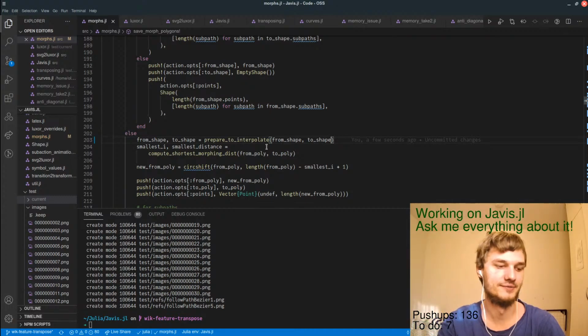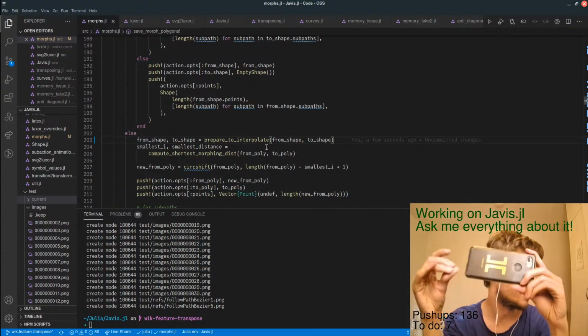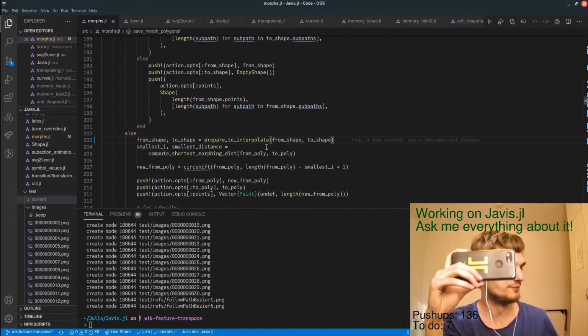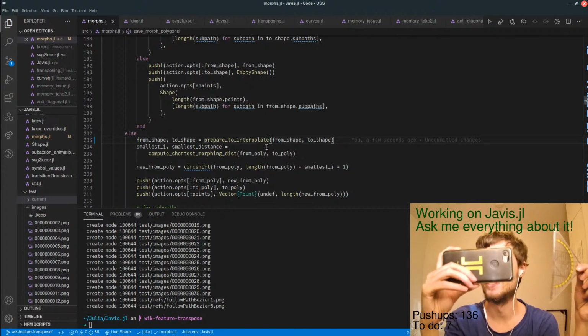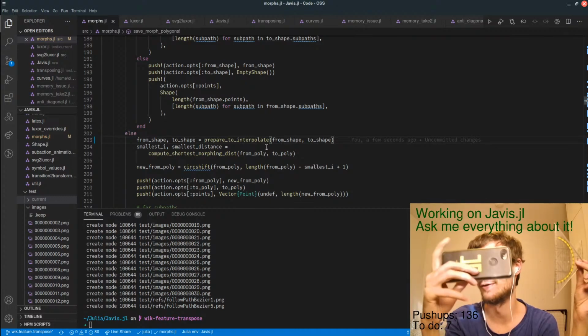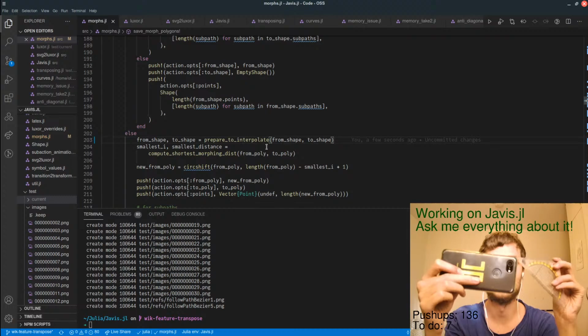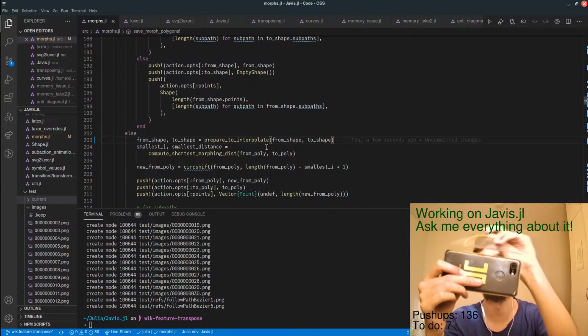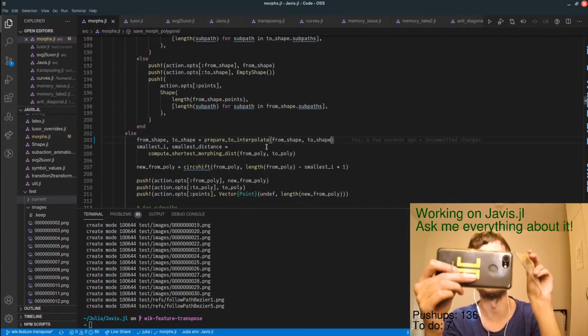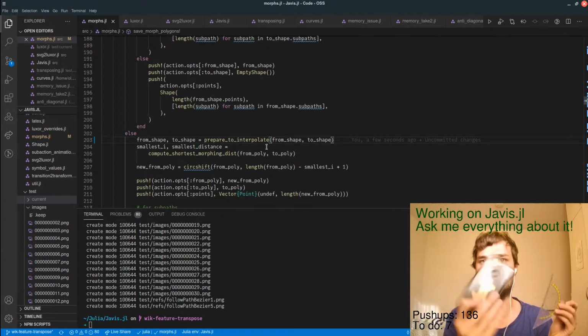So if I have, for example, this, and want to morph it into this, it might be that this one has only 3 points and this one has 4 points. So I need to add points to this. And then I can rename this one to, maybe this one is 1, 2, 3, 4, and I might want to rename it to 1, 2, 3, 4. So rotate it a little bit.